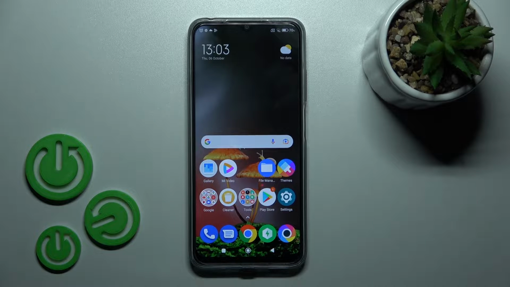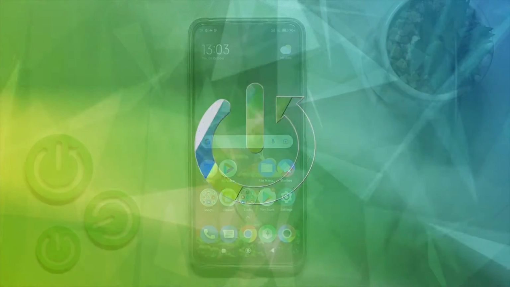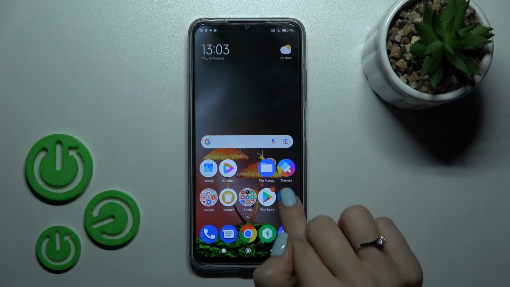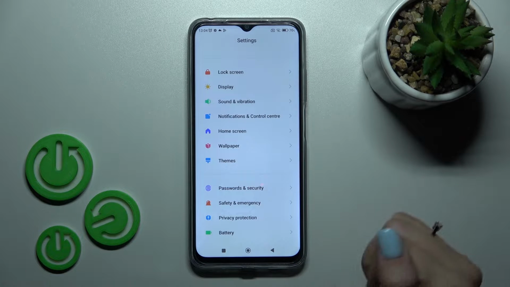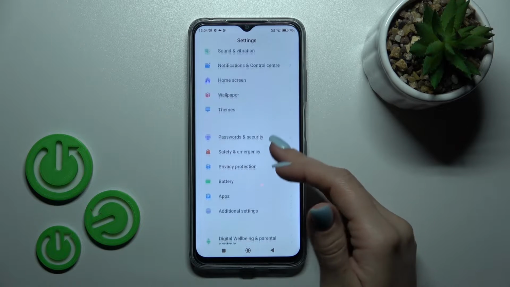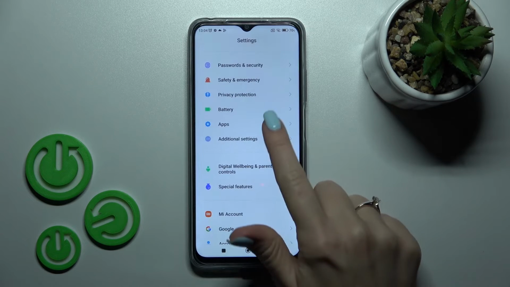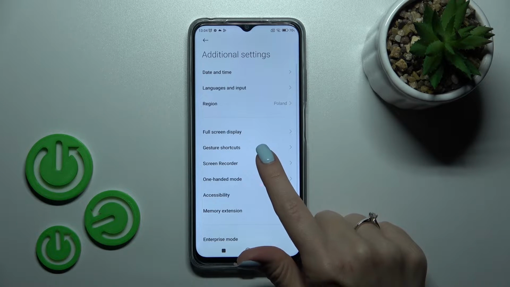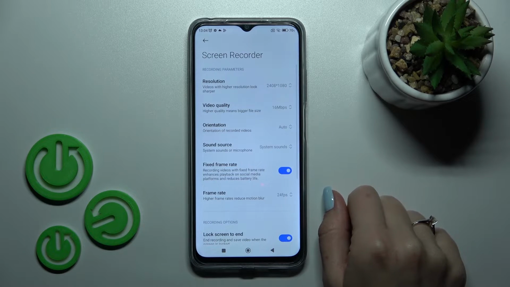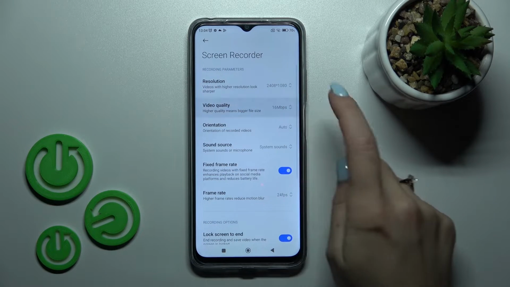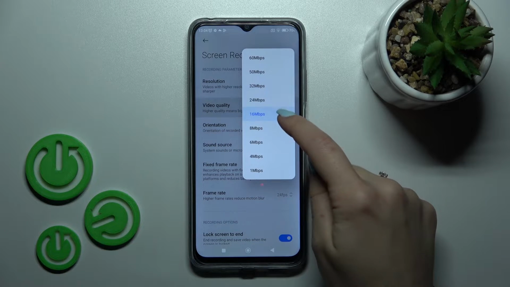Welcome to the in front of me POCO M5, and I'll show you how to change screen recorder quality on this device. So first let's open the settings application and then scroll down to the additional settings. Then you'll see here screen recorder section. Tap here once, and to change screen recording quality, video quality, we should click here only once on this